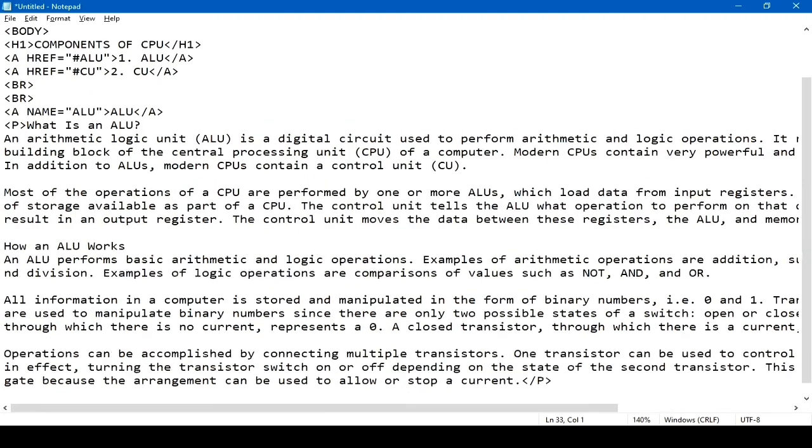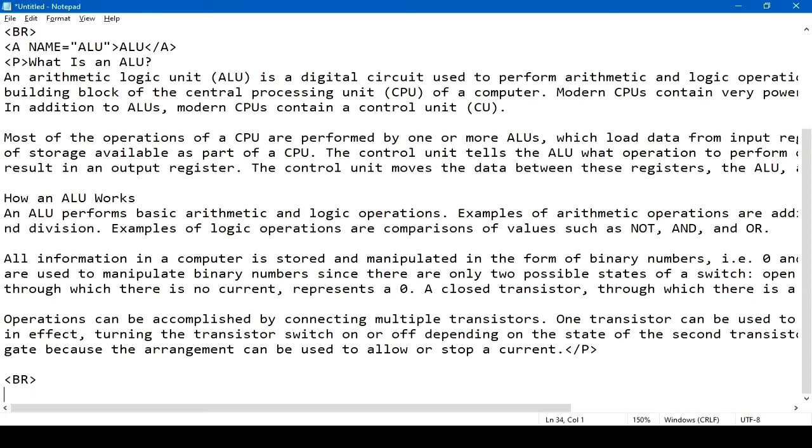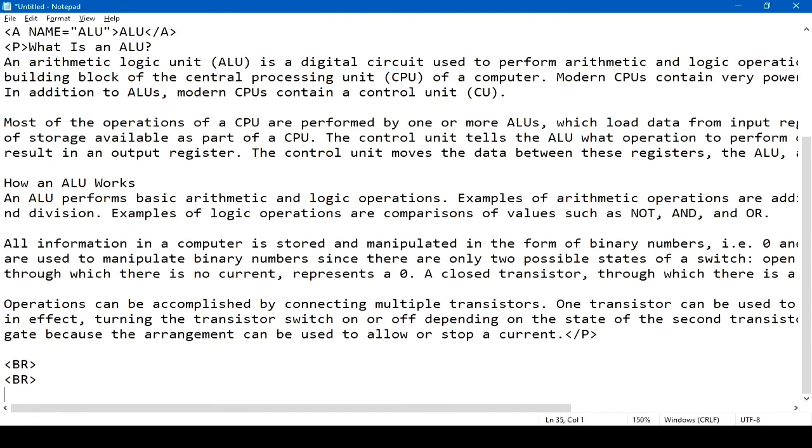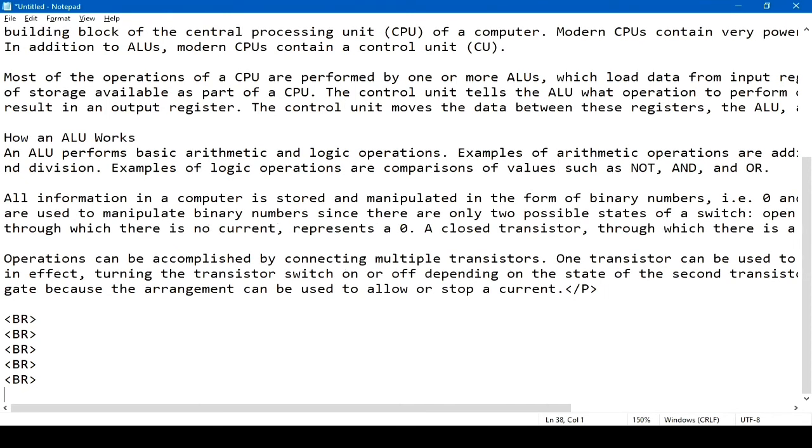Anchor tag with name attribute. After the anchor tag with name attribute, write the paragraph. That is the subsection. This is the one subsection. Now we will define another subsection. Use the break tag, BR tag, to move to another line.